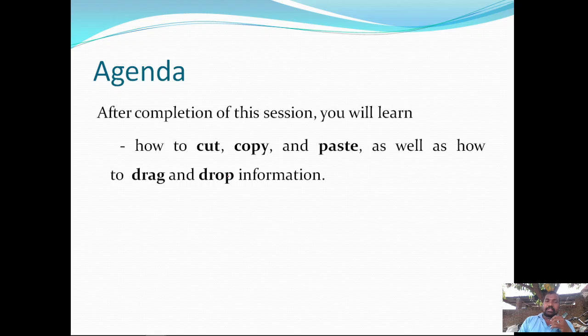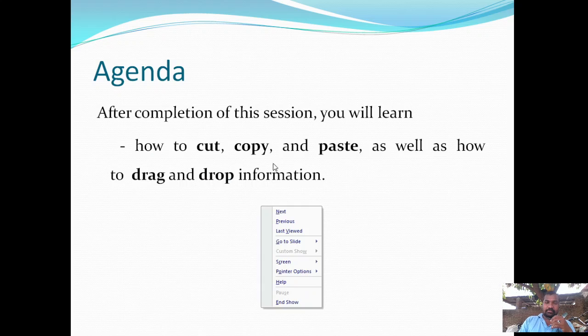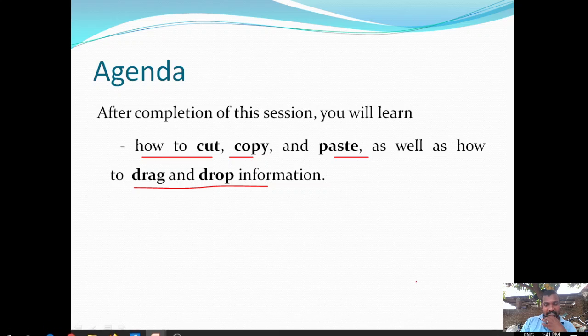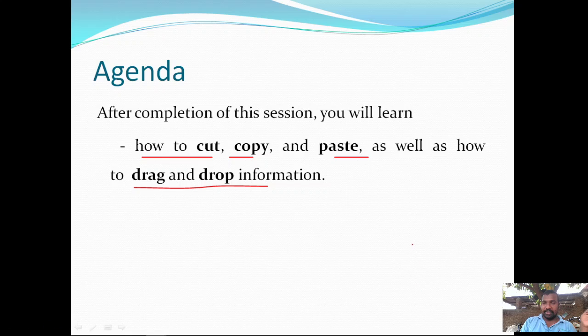After completion of this session you will be able to know how to cut, copy, paste, as well as how to drag and drop information among these cells. We are going to learn that in today's session.